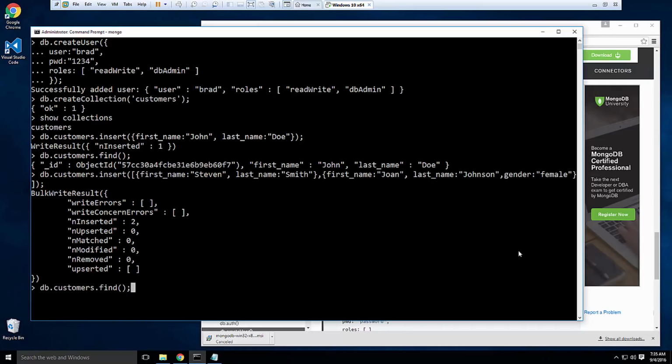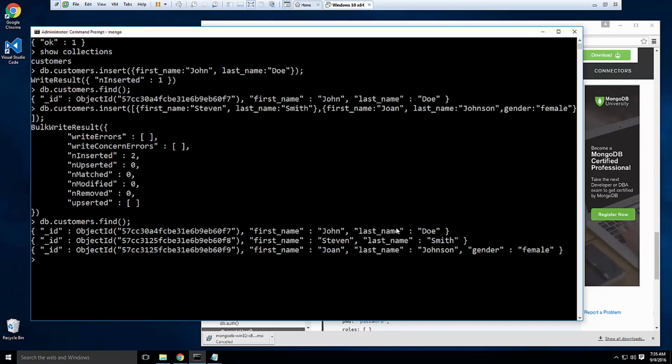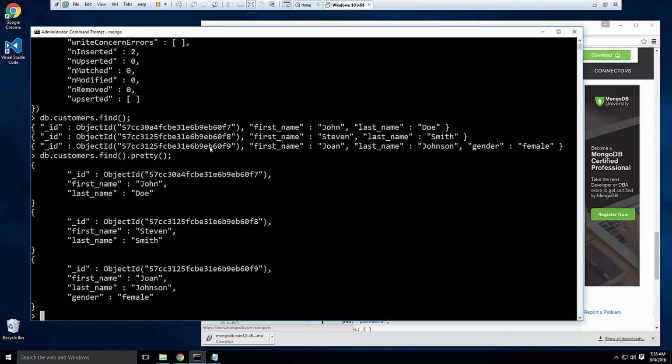And then let's go ahead and enter. And now if we do a find, you'll see that Joan has a gender field. Even though we didn't specify that for John and Stephen, it's fine. You can have whatever fields you want on whatever documents you want. Now we only have a couple fields, so this looks nice and clean. But if you have a ton of fields here, it can get kind of messy. So we can add onto find. We can say dot pretty, just kind of a helper function, and you'll see that it makes it nice and